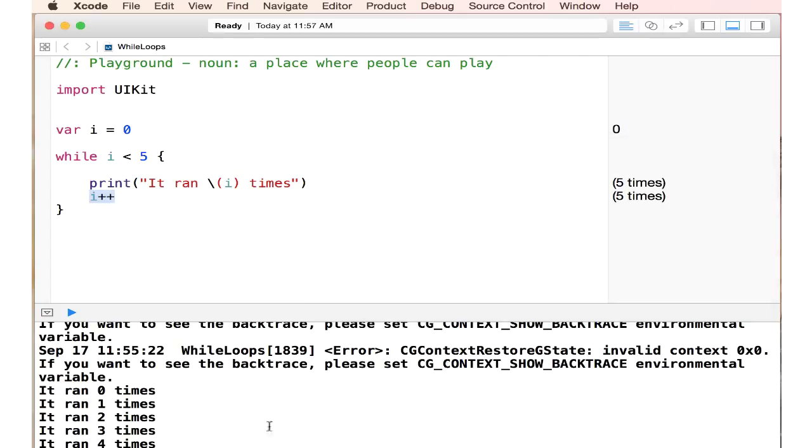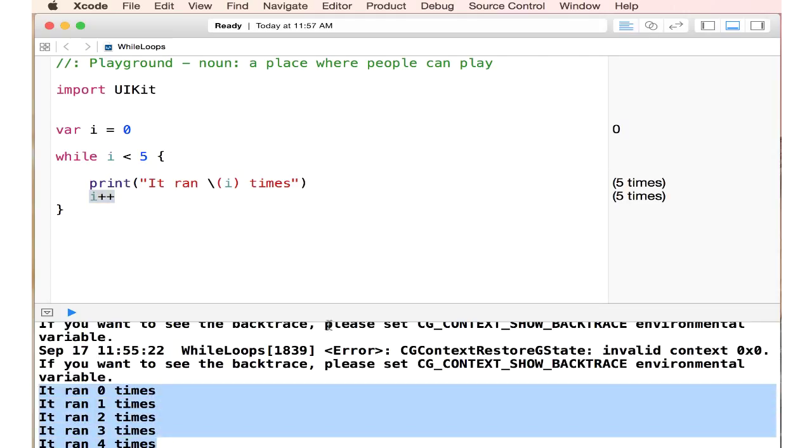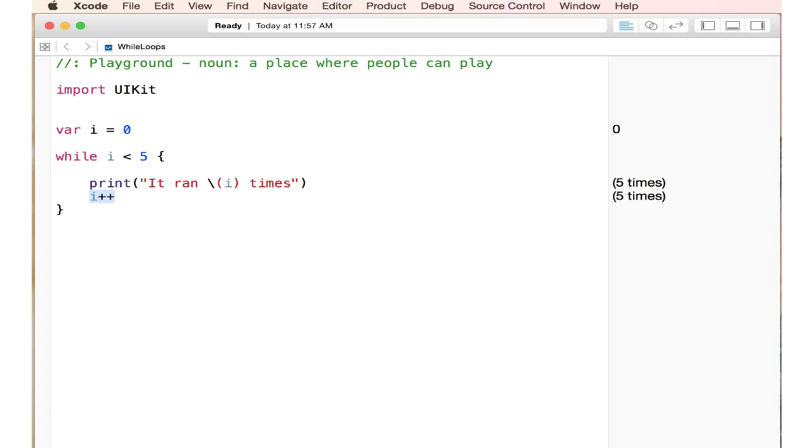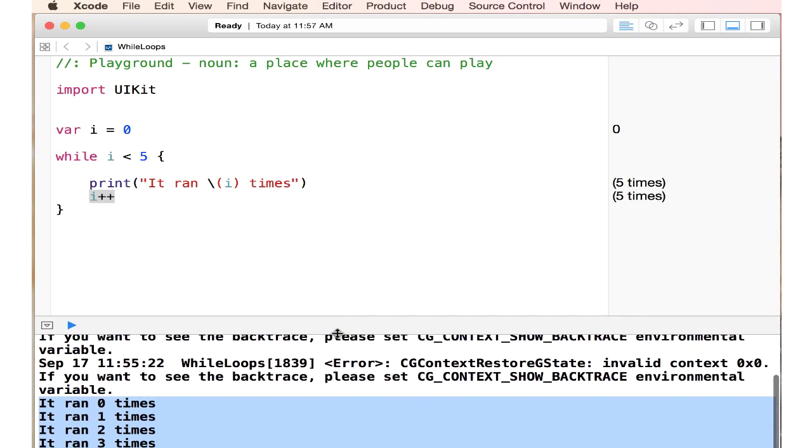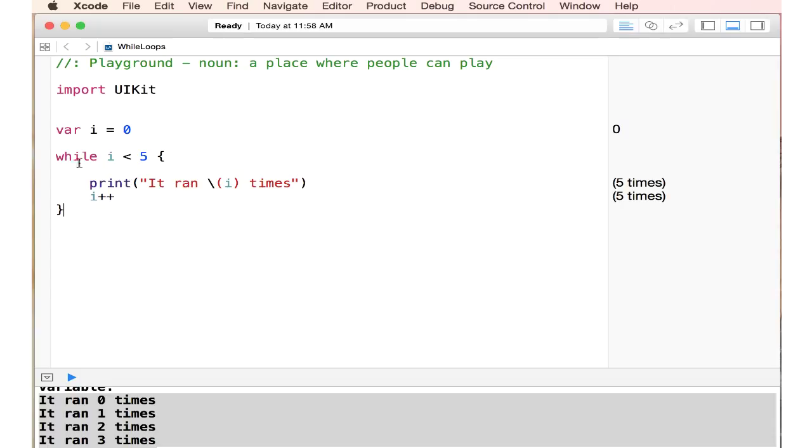Now you notice here at the bottom, I opened this up on purpose. With that, you can see now we have a console at the bottom. This is where, when we run our application, when we run this code, it shows everything. If you hover over the top here, as you can see, the cursor changes. So you can actually drag to close it, snap it down there, or open it like this. All right, so there it is, you have our while loop. Essentially it runs until this condition is not true, doesn't hold true anymore.